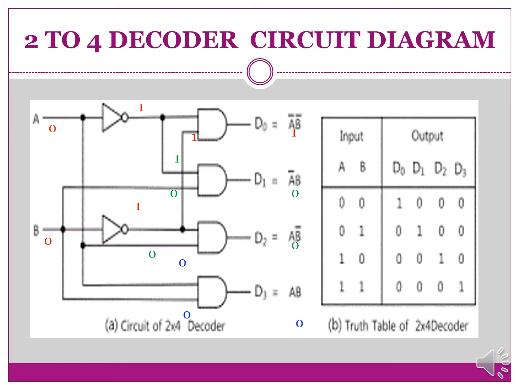So for the first AND gate, we are getting input 1, 1. If both inputs are 1, then the output of the AND gate, we are familiar, is also 1, or we can say that it is high. So in the truth table we write down that D0 is 1, and D1, D2 and D3 are 0. How are they 0? We will understand that.